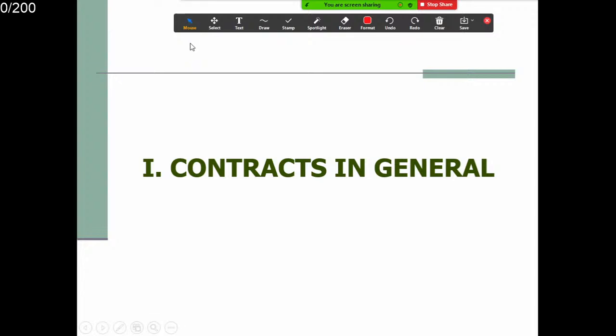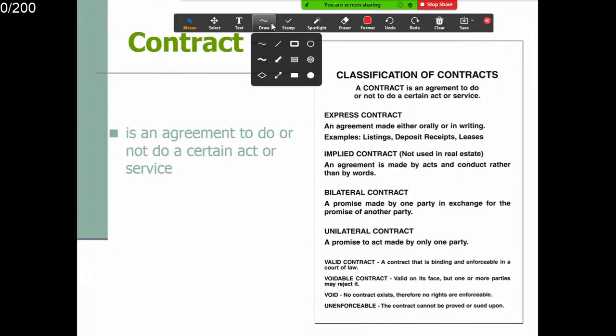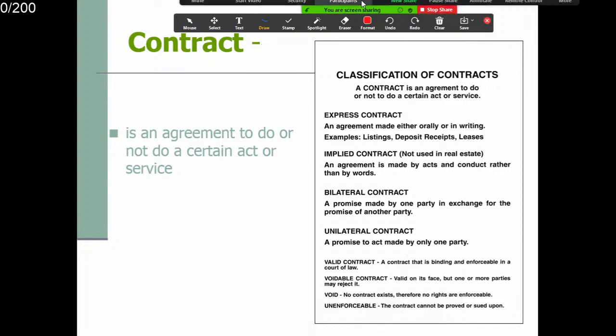Okay, contracts in general. Okay, 协议，这是普通的协议，我们看一看。We have classification of contract. Okay, 有很多种类的协议的。Okay, what is a contract? Contract is an agreement to do or not to do a certain act or service. OK，这个协议就是大家同意，OK，在里面同意去做一样东西还是不做一样东西。